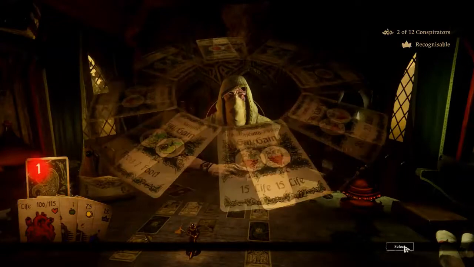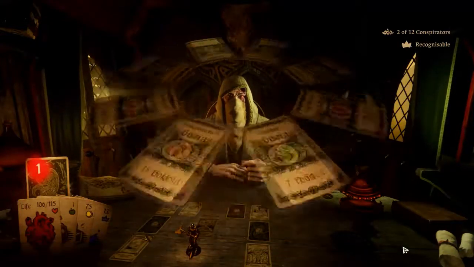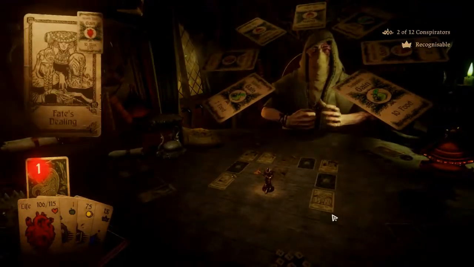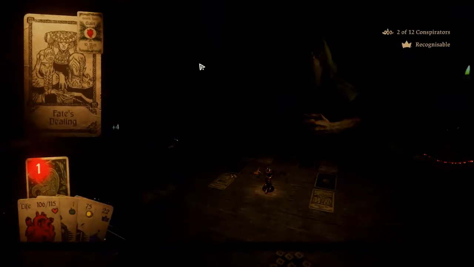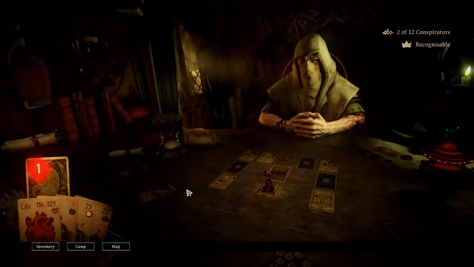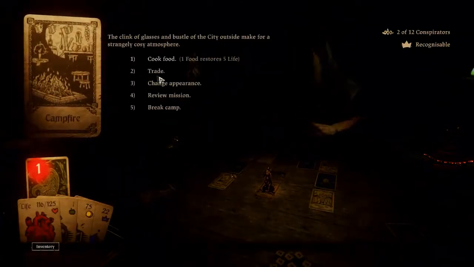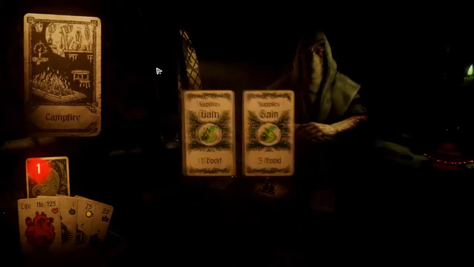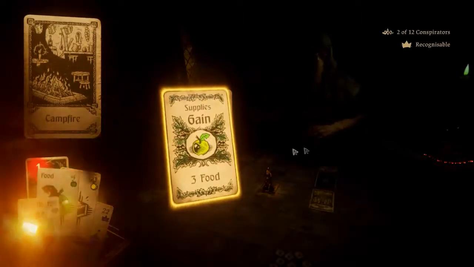Okay. So I can get gold. I actually need the food. It's moving very fast. Kind of want the 10 food. 10 max life. You take your reward and gain 4 fame. 10 max life. I do need some food. I guess I can buy some food from the camp. Let's go and have a look. Trade. Buy food. Let's buy 3 food for now. That should...